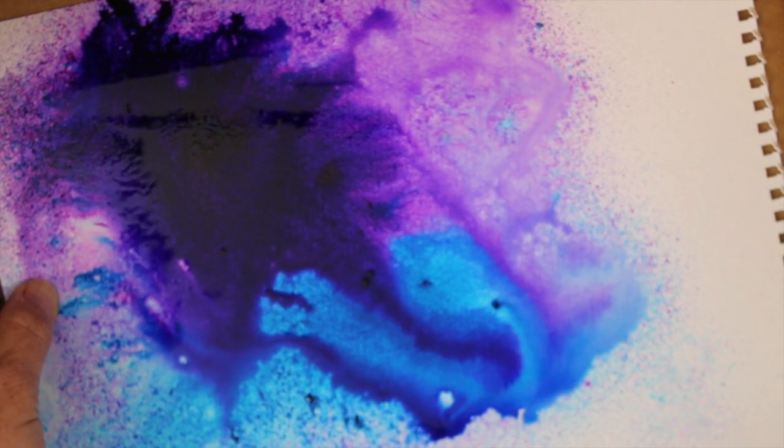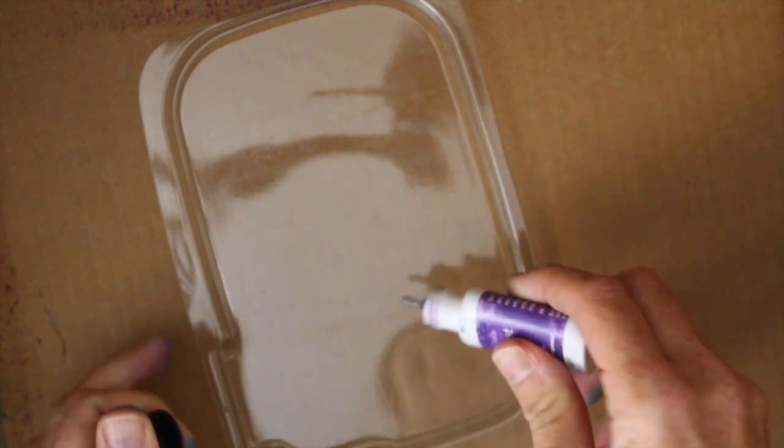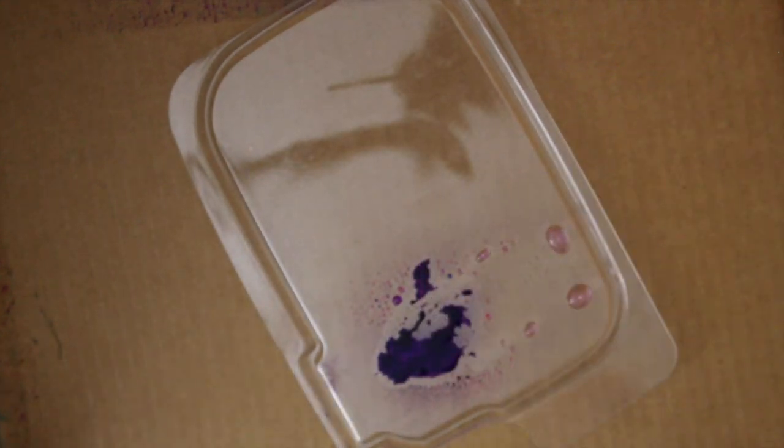So if you want to mix it up, let me go ahead and just swap this out real quick and try not to get this everywhere. If you do want to mix it up, you can use it like watercolor. So you'd add some powder and then add some water